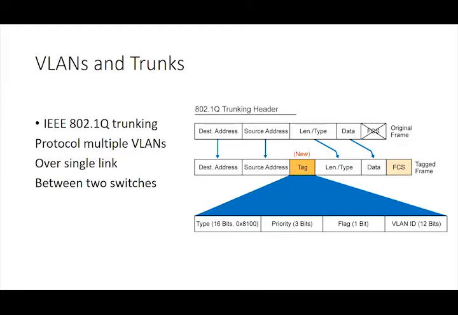Specifically, Cisco switches use the IEEE 802.1Q trunking protocol to implement the trunking of multiple VLANs across a single connection between two switches. When Ethernet frames are placed on a trunk, they need additional information about the VLAN to which they belong. They get this information by using the 802.1Q encapsulation header. 802.1Q uses an internal tagging mechanism that inserts a 4-byte tag field into the original Ethernet frame,